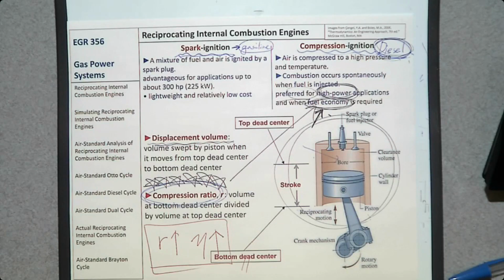But if you increase pressure and temperature without this spark, the air-fuel mixture may self-ignite. That is called knocking. You don't want that to happen. So in a gasoline engine, you cannot just increase the compression ratio. If you go above a certain limit, that knocking problem is going to occur. So the compression ratio in a gasoline engine is pretty limited. On the other hand, in a diesel engine, you can go to a higher compression ratio so that you can achieve higher fuel efficiency. But